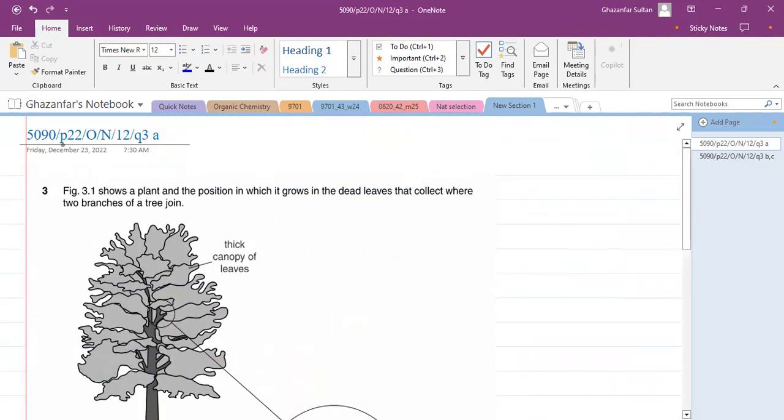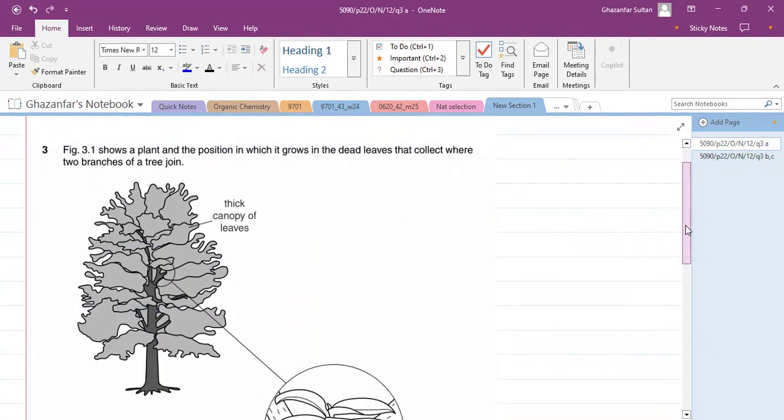This is question number 3, same paper, paper 22, October/November 12. Figure 3.1 shows a plant and the position in which it grows in dead leaves that collect where two branches of a tree join. Now see,